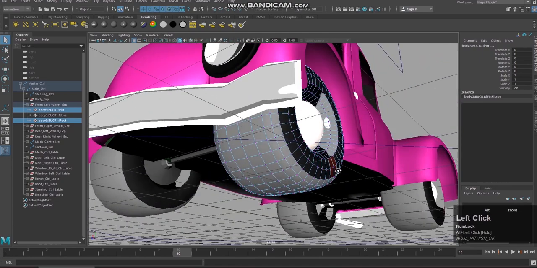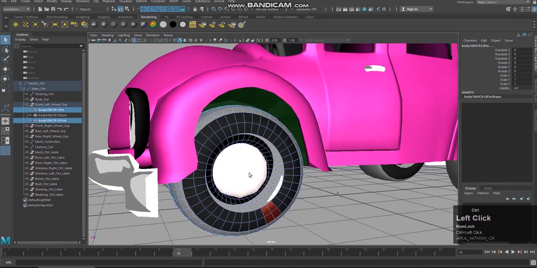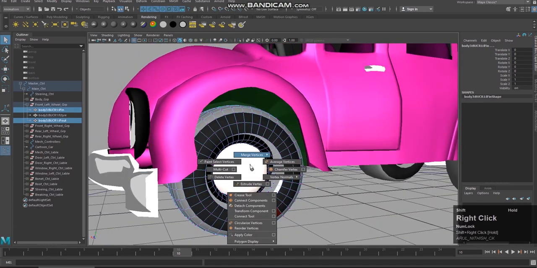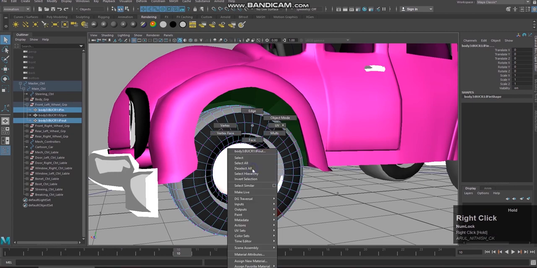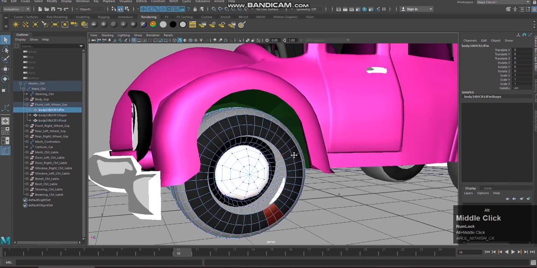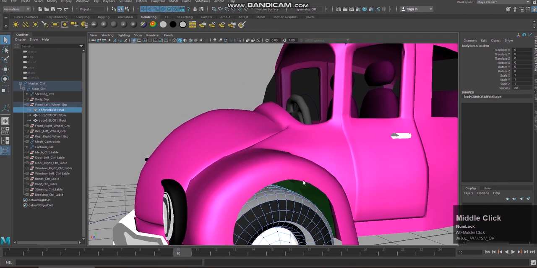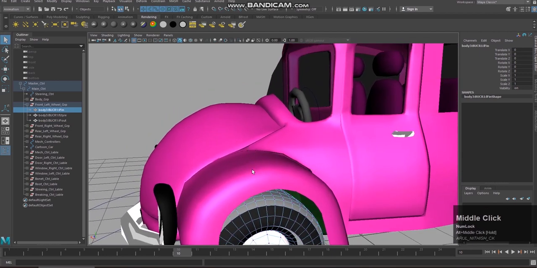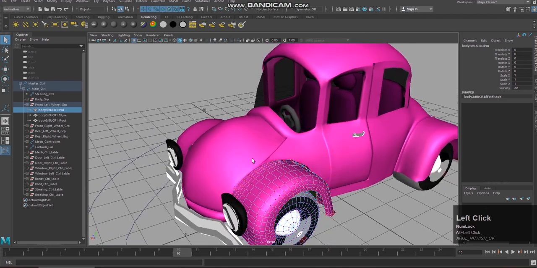Select this one as well and go to vertex mode. Select this, go to vertex mode.